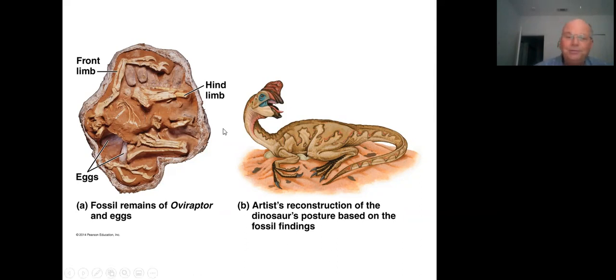that we would not be able to deduce in any other way other than recognizing the close relationship between birds and dinosaurs, making the assumption, correctly as it turns out, that birds really are dinosaurs in every sense of the term. In fact, most modern paleontologists will tell you now that there is no feature of birds that is not found in dinosaurs. There are no features in dinosaurs that are not found in birds. Birds are dinosaurs,